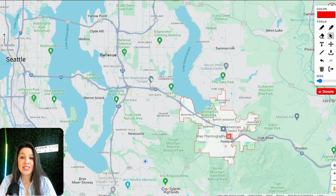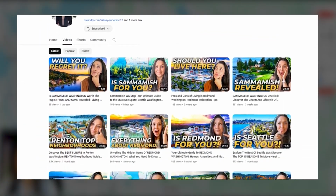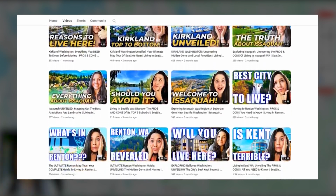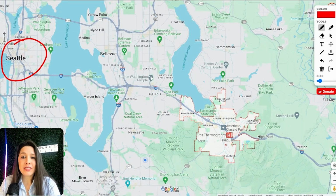land of Issaquah, Washington. So as you can see, I'm zoomed out here so you can see where Issaquah is on the map. Definitely check out my other videos so that you can get to know a little bit more about the layout of Issaquah in general, the pros and the cons, and the whole map in general. But just to give you a little bit of an overview right now, we've got Seattle over here on